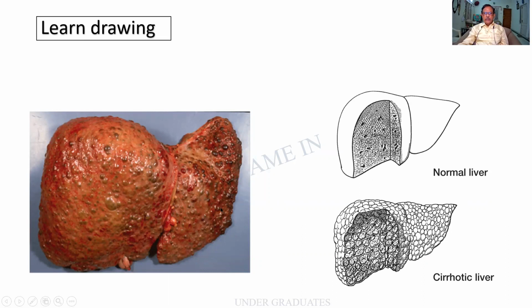There is another specimen of the liver, and I find that there are multiple nodules of varying sizes. Some nodules are quite large, but the important thing is it is firm in consistency. The yellowish tinge is no longer there, and the nodules are throughout the surface. The size obviously will be shrunken because of fibrosis. And this is the classical hobnail that I've been talking about. This kind of appearance is seen, and I would like you to draw the cirrhosis as well as a hobnail.